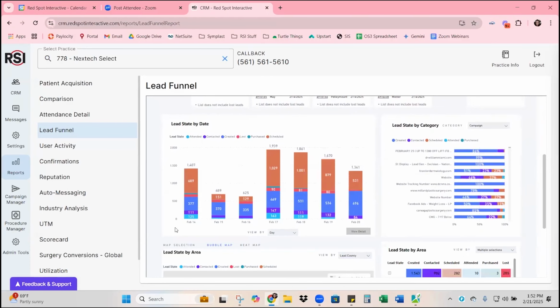You're able to see just a quick breakdown of how many leads were scheduled, purchased, lost, created, contacted, and attended. On a daily basis, you can change this weekly, monthly, however you wish. And it's the same thing. You can easily drill through by clicking on the coordinating color that you would like to see and hit view